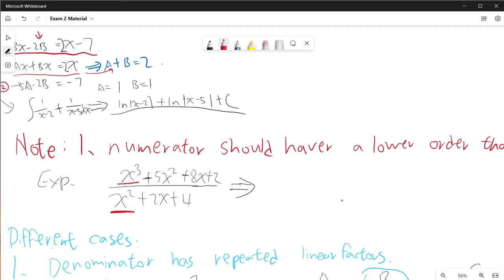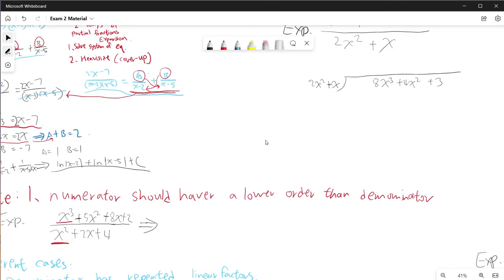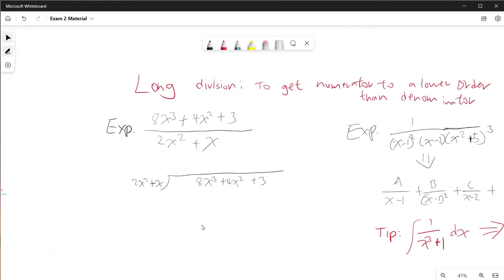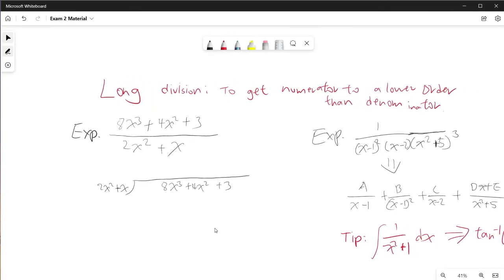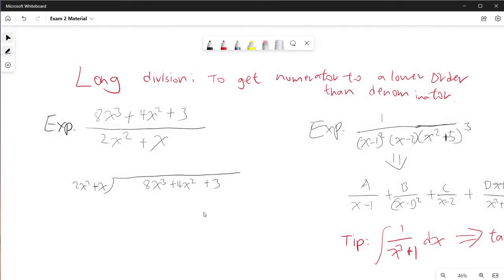So in this case, we can use long division to make this simpler. I will go over here and do long division. The goal of long division is just to get the numerator to be a lower power, and then you can also factor out some of the complex numerator powers. So it's easier